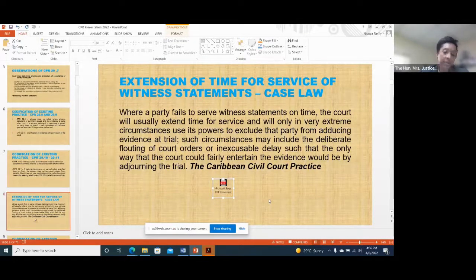And this one is where it was permitted, and I will read you this one. Again, it's very short. Glenda Edwards versus the Northwest Regional Health Authority. The defendant applied for an extension of the time for service of its witness statements. The application came up for hearing on the morning of the date set down for trial. The judge, considering and applying CPR 26.73, which is very similar to our relief from sanctions, granted the application in